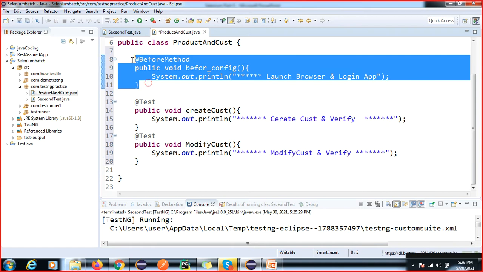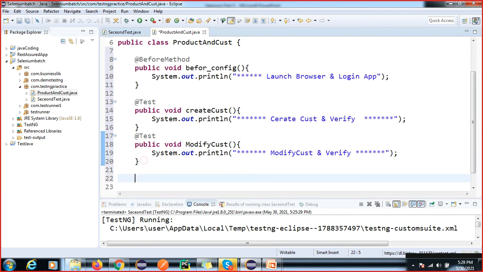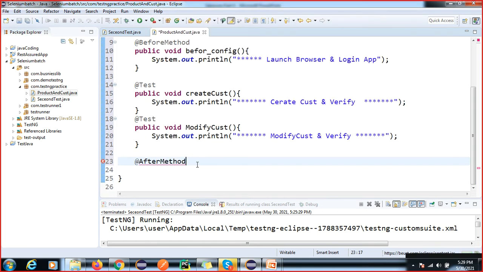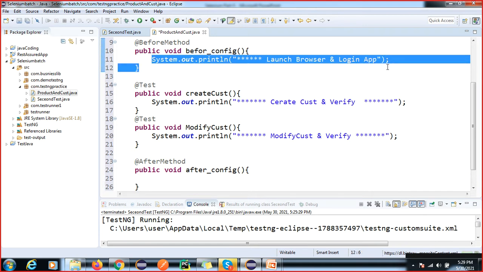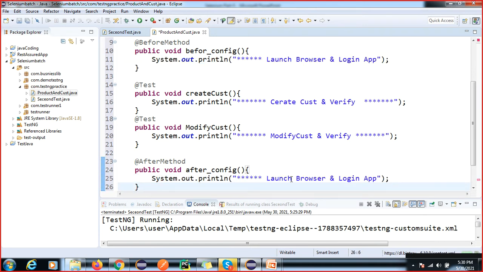Then here we'll go for the after method, public void after config.